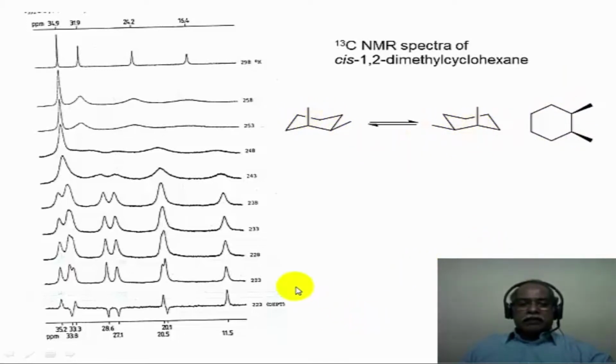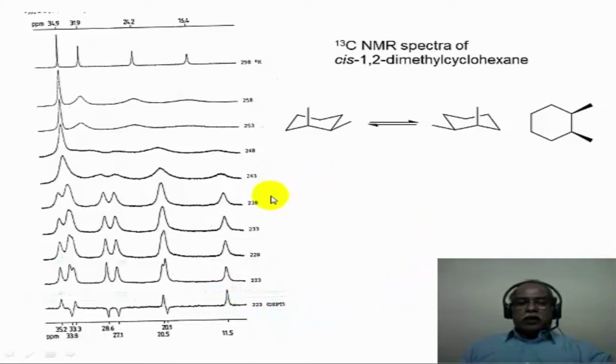Now let us look at the carbon-13 spectrum. This is the DEPT spectrum. In this spectrum, the CH2 carbons will come as negative peaks, and the CH and CH3 carbons will come as positive peaks. You can have a negative phase or a positive phase depending upon whether it is a CH2, in which case it is a negative phase, or if it is CH or CH3, with an odd number of hydrogens, then it would be a positive phase of the NMR signal.